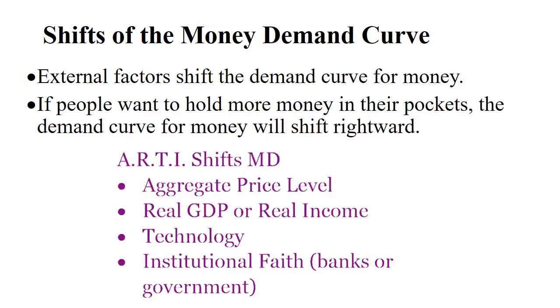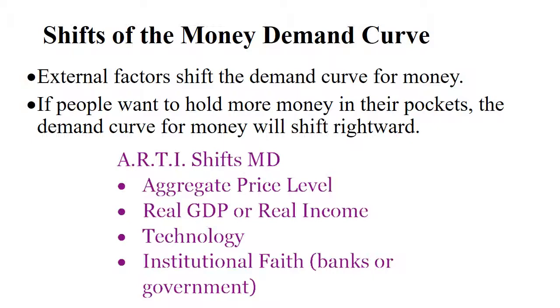Real income is about the value of the money that you own. And of course, this is an aggregate economy-wide model. So if a nation gets richer and more people have more income and their income goes further, they're going to demand more cash because they want to pay more for more stuff. But if a country's going through tough times, people don't have a lot of income, their money demand decreases because they're less likely to buy goods.